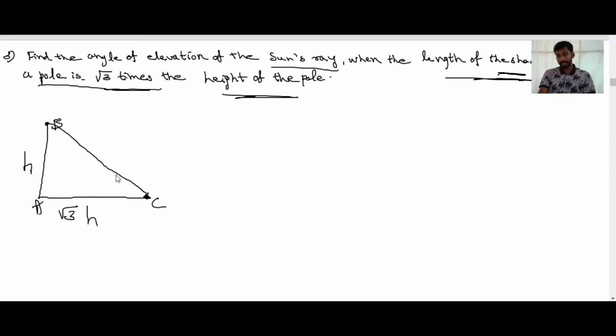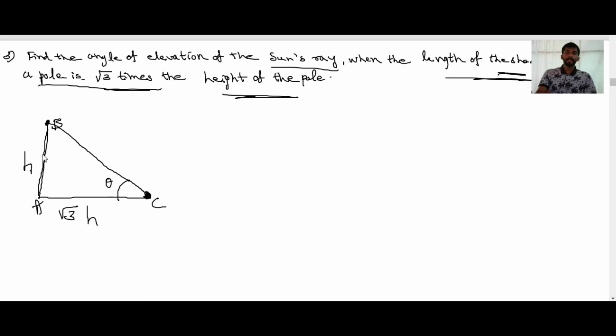You need to draw a straight line. It's a little bit straighter. Okay. But you need to draw a straight line. Okay. Then see, here theta will come. Angle of elevation from this point. Okay. You are looking at the sun. Here the sun's ray will come, with respect to the pole. That is AB.